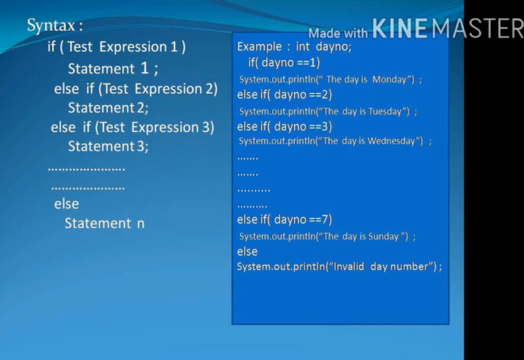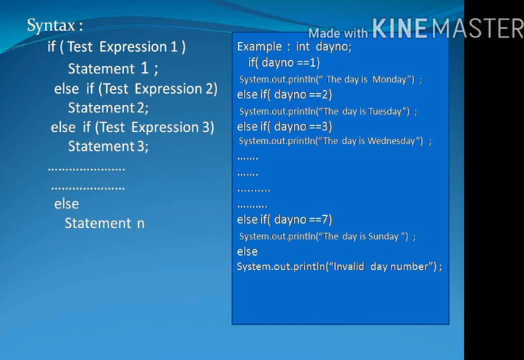If the day number is accepted as 2, means if the second condition is satisfied, then the output is the day is Tuesday. Else if dayNumber == 3, then System.out.println the day is Wednesday. In the same way, a total of 7 conditions are discussed.